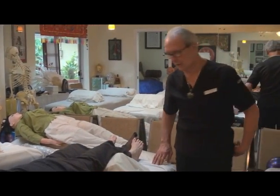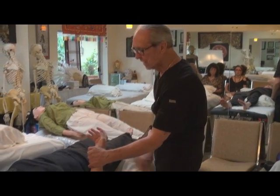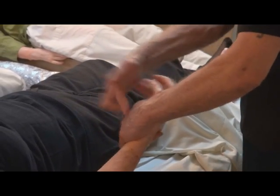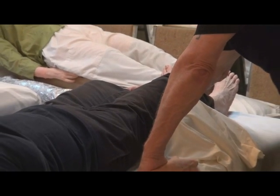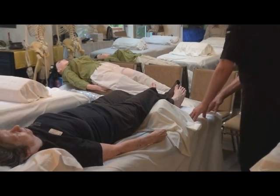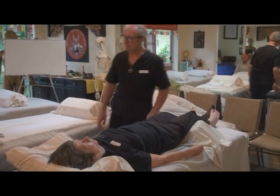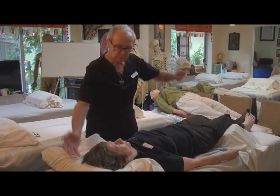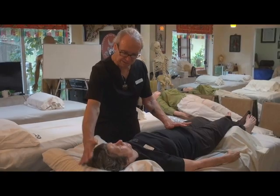I come to the other side, grasping the wrist. You see how I'm doing that? The thumb does not wrap around. You want the low gong on the wrist point. And you go to kidney 6 here, and you're up the back and down the front, up the back and down the front. Then you're going to come back around, and you're going to continue with that microcosmic orbit. Up the back and down the front, up the back and down the front. I'm going to place my hand